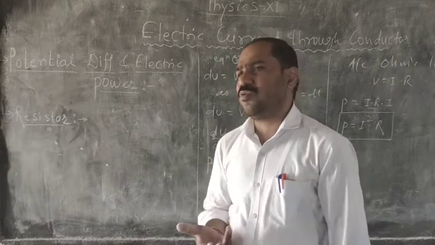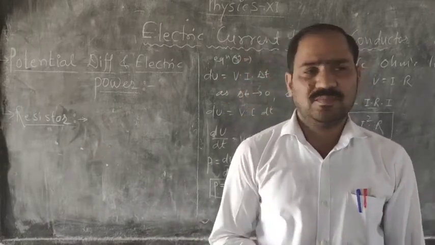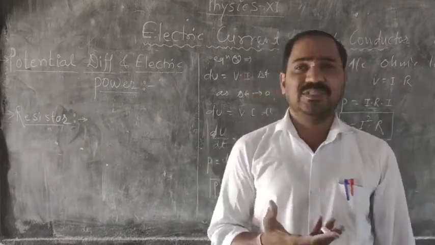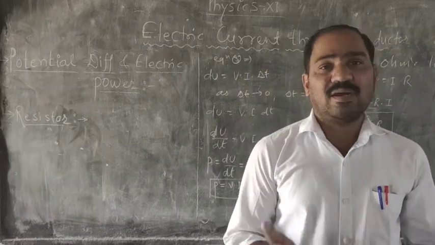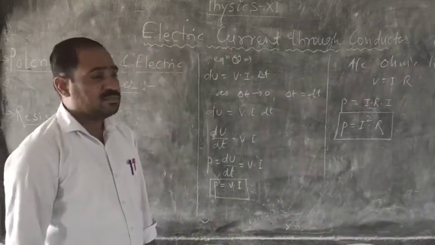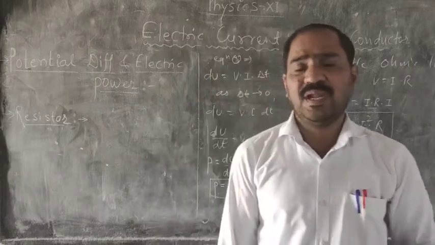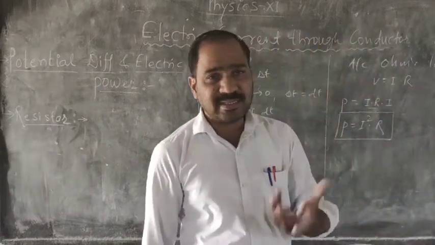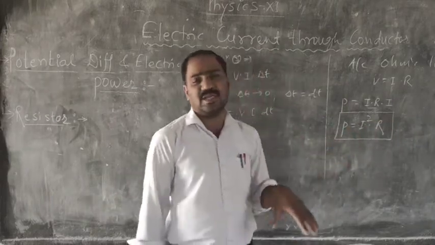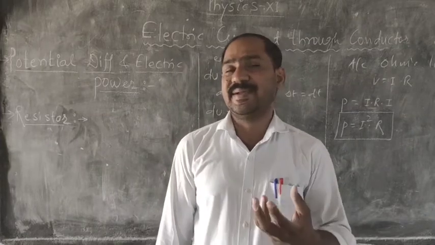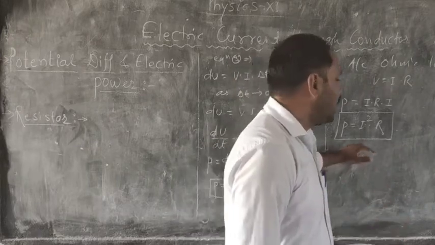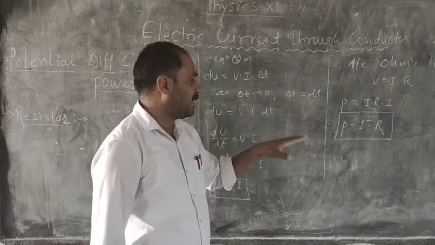So whenever we come across in our houses the bulb, means light bulb, electric bulb get heated. Sometimes here they get burn out. Bulb may be burn out. So this is the reason. That's why here the electrical instrument like the electric bulb or the resistor or the conducting wire get heated. So this is the heat generated in the circuit or in the wire. That's why we get here the electric wire get heated or electric bulb may be heated. So this is the here power generation in the electric circuit.